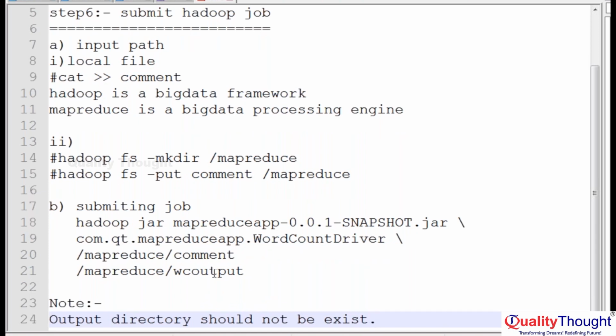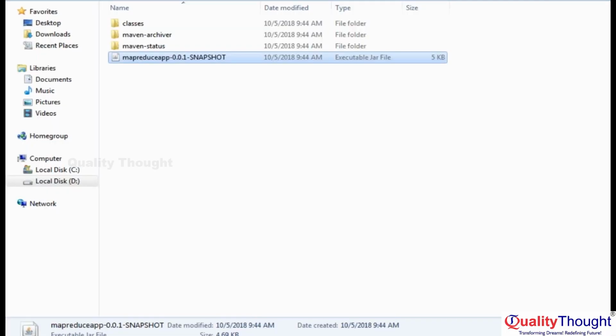So this output directory is created by our MapReduce application, it will create. We pass output path, this path, but this directory should not exist. This one is automatically created. In this directory, it will write output files. So let's copy this file,